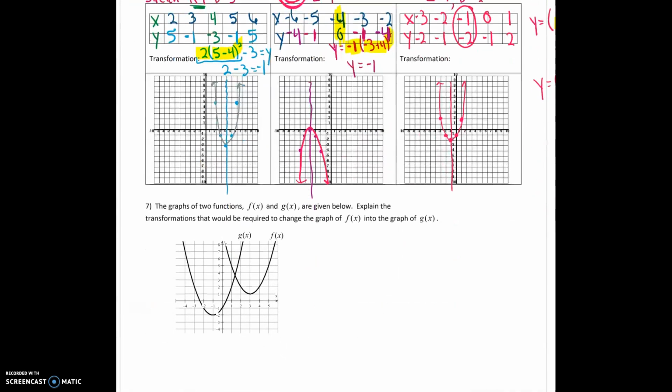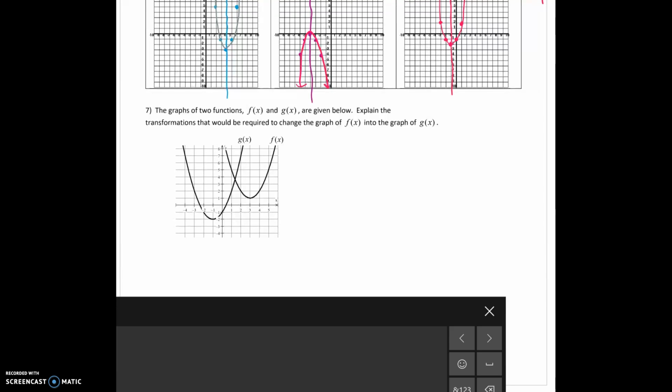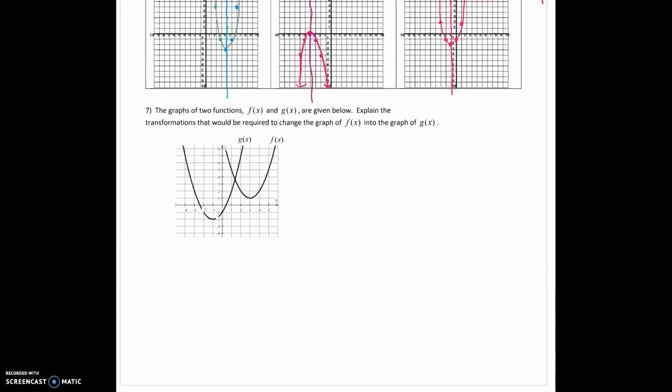All right, last one on this page. So the graphs of two functions, f of x. So f of x is this one. And g of x, so g of x is the blue one. And I just want to know what happened to f of x to turn it into g of x. So I need one point that I can follow consistently, and that is going to be the vertex. So how do I get from here to here? And you just have to tell me, is it going left or right and how many, and up or down